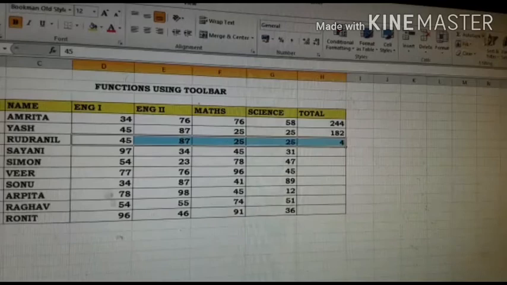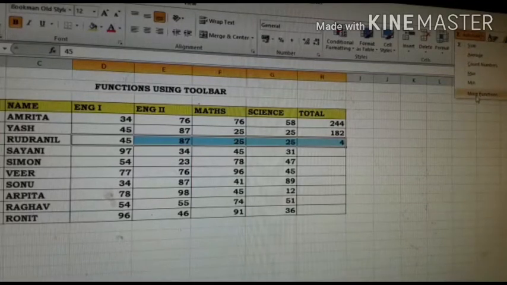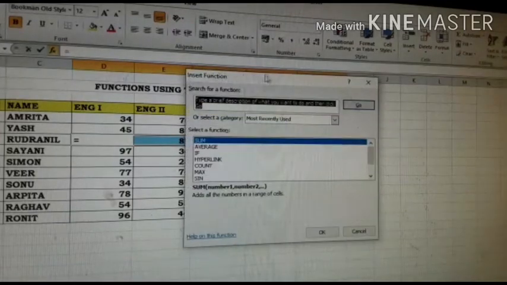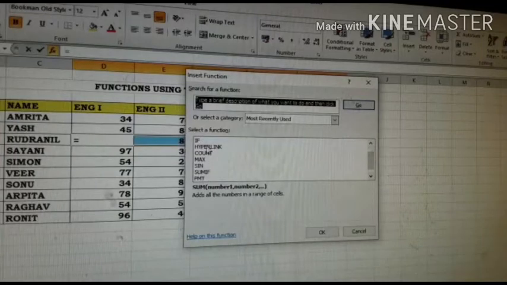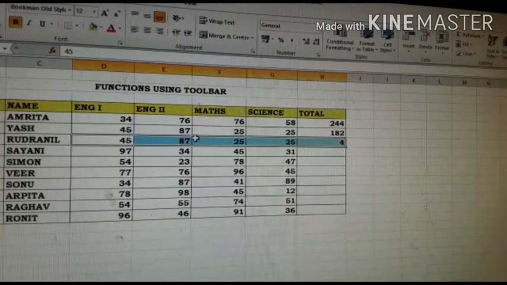Okay. Apart from this, maximum and minimum will give you the maximum number and the minimum number among the selected range of cells. In the AutoSum, you will get the More Functions option also. Here the Insert Function dialog box will open and some more functions are found in this box. You can scroll it down also. You will get so many functions. We can use these functions in our worksheet. Is it clear to you? Okay.